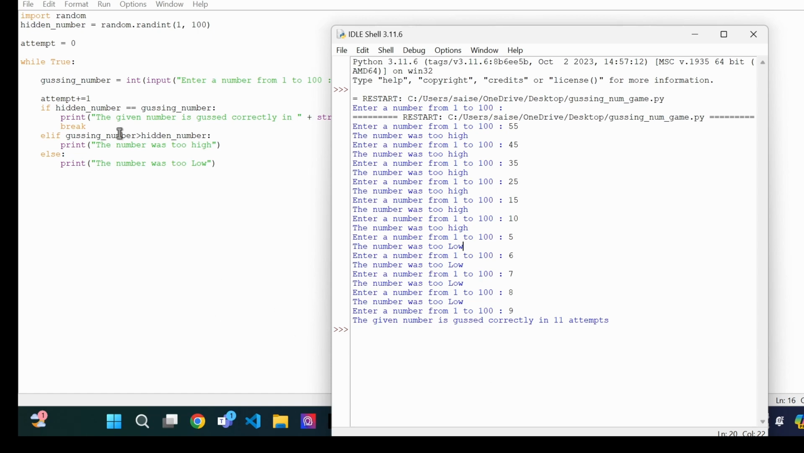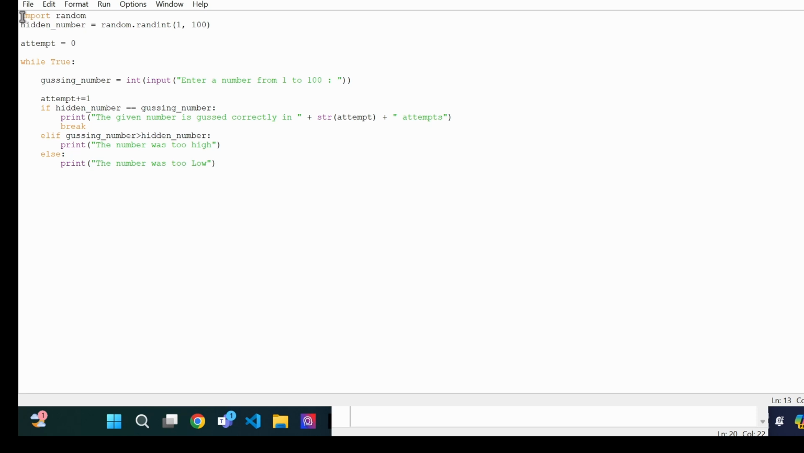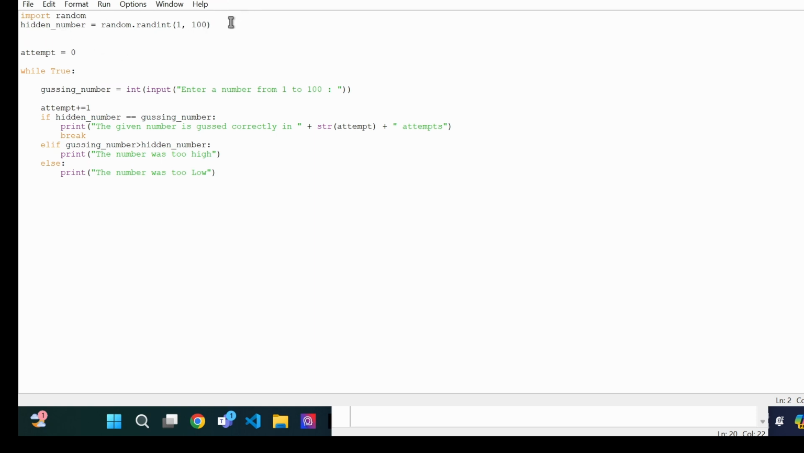So what is happening here is, this import random is a kind of module which will generate numbers randomly from 1 to 100. So in order to use this module, we use random.randint from 1 to 100. So it will automatically generate a number from 1 to 100, and it will be stored into hidden number. For example, if I write print hidden number,